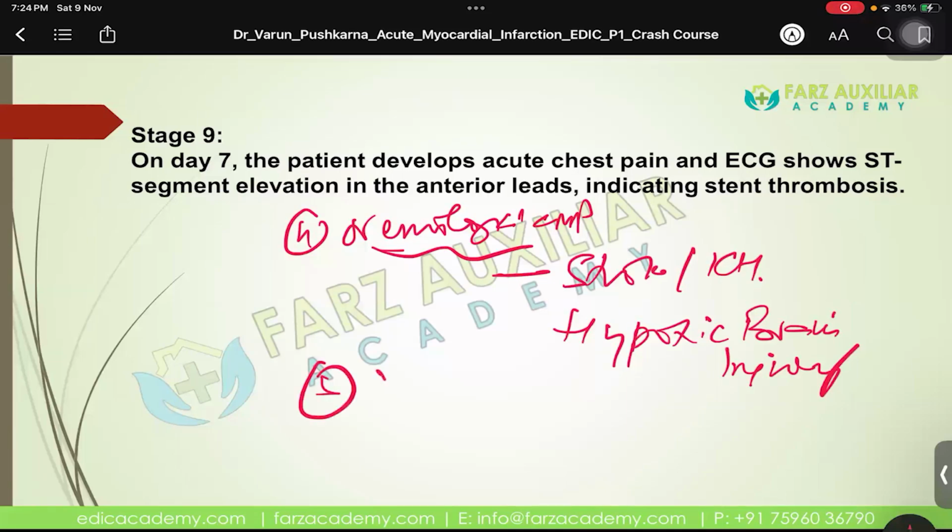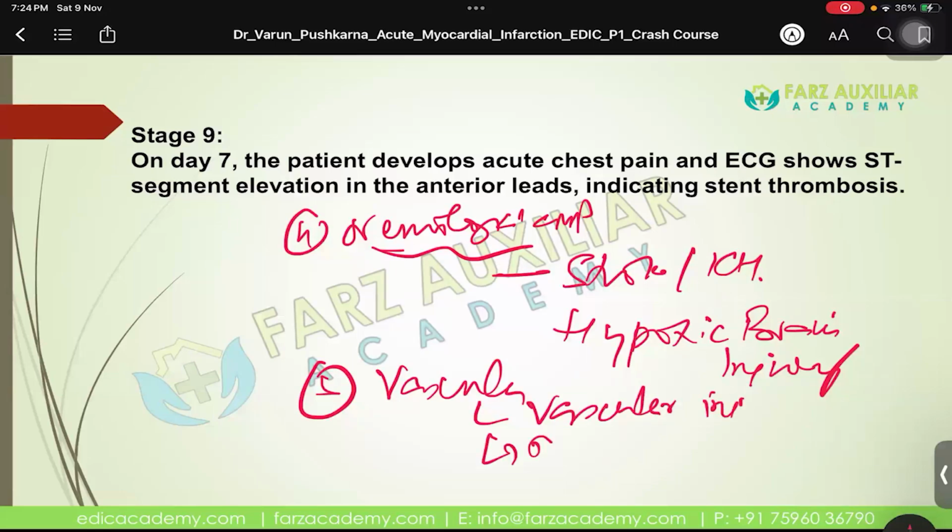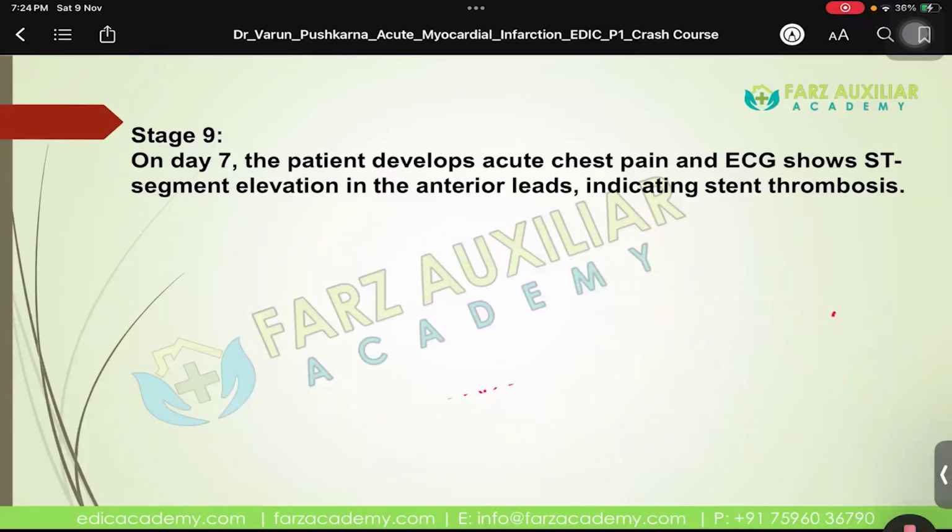Fifth is vascular complications: vascular injuries, aneurysm formation, and distal limb ischemia, which can lead to compartment syndrome. And of course, aortic dissection can occur. Renal complications like AKI can occur, pulmonary edema can occur, VAP can occur, pump failure, oxygenator failure, all of them can occur. And as you rightly said, last but not the least is the